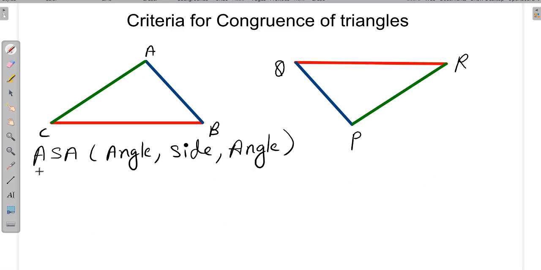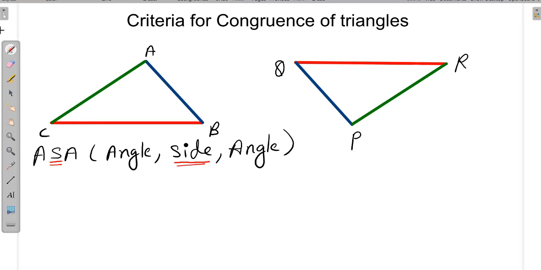Now this is the third criteria, that is ASA. A stands for angle and S stands for side. So two angles, one side. So in this criteria, we have to prove two angles equal and one side. For side, it is very important we have to take that side which includes both the angles,